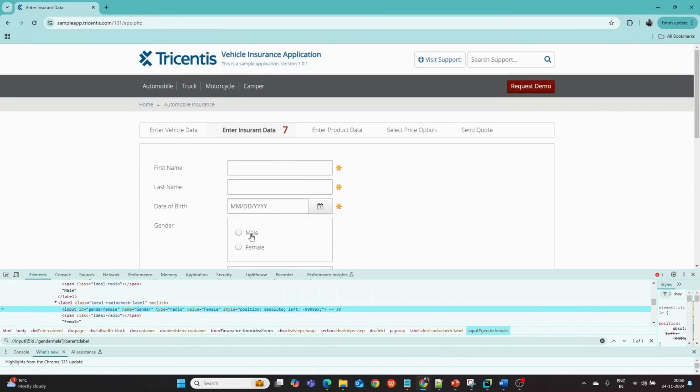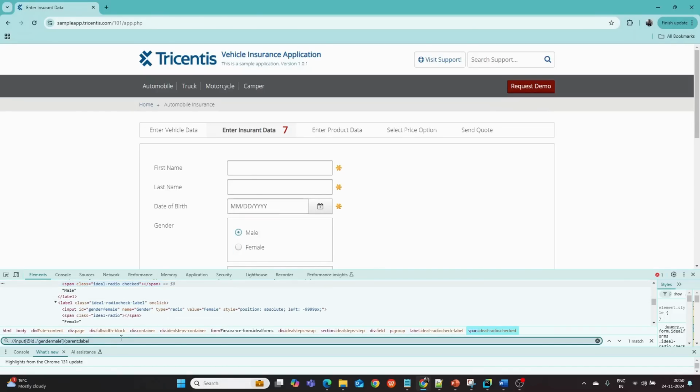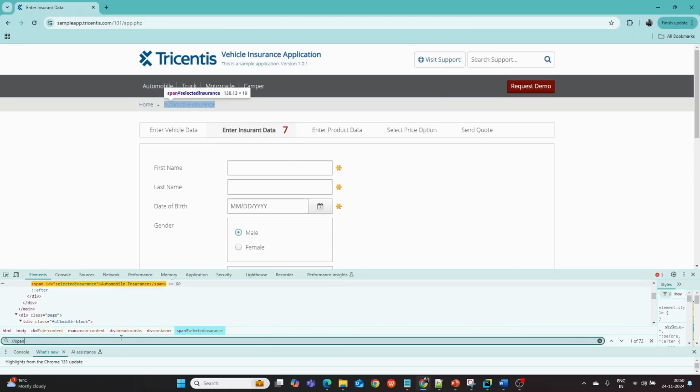When we try to click the radio button, the value of this span class changes. Earlier it was, for example, ideal radio. Now it has changed to ideal radio focus checked. So using which we can confirm whether the selection of the radio button happened properly or not. So let us go and identify the XPath for that. It is under span at class equal to